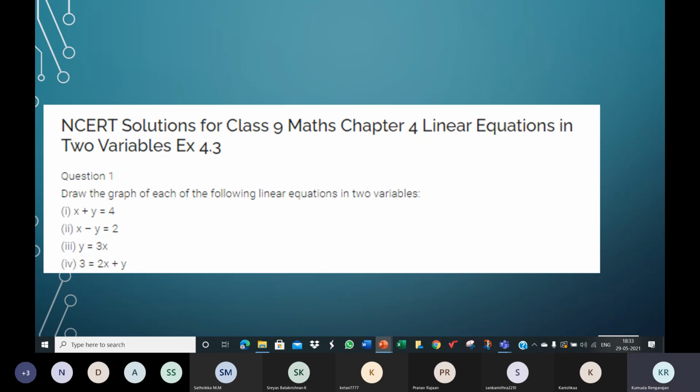So when the equation has the x term, the y term, and a non-zero constant, the graph of such an equation will not be parallel to any axis. It will not be parallel to the x-axis or the y-axis. It will not pass through the origin. It will intersect the x and y-axis somewhere.